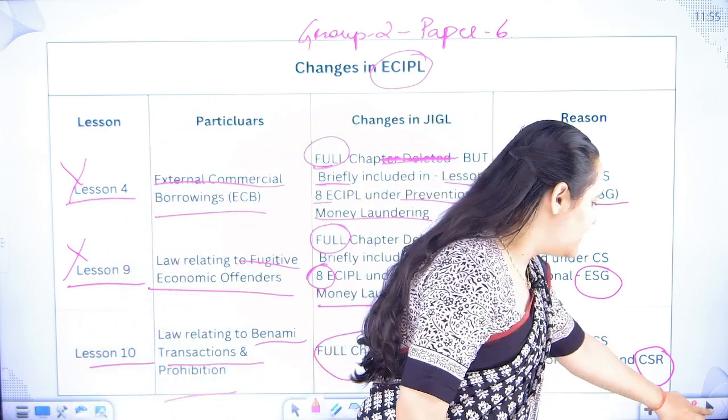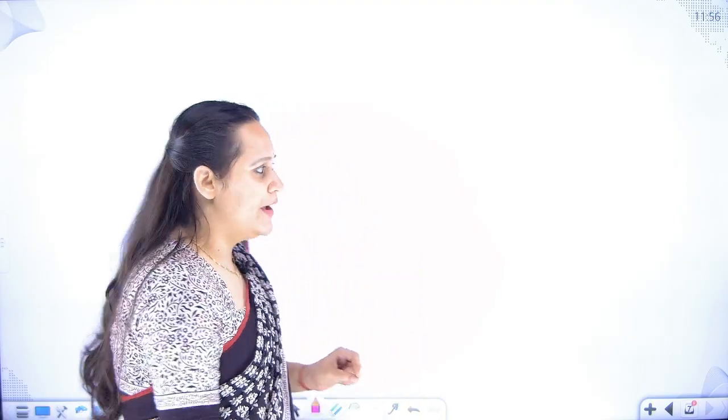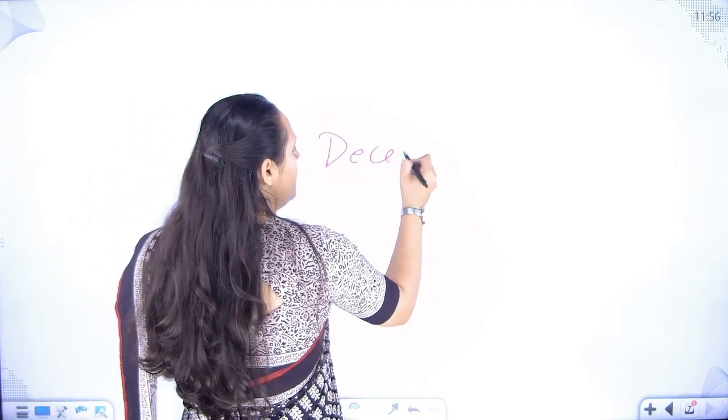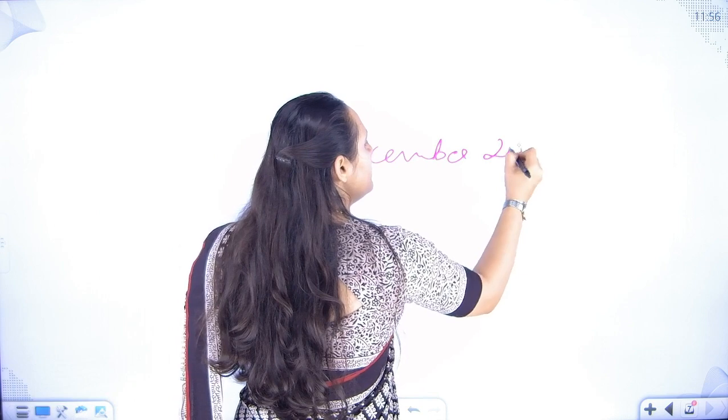Now, understanding the reason. Firstly, understand the good faith of the institute. They don't want to burden the students by studying the same concept both at executive level and professional level. So they've just reduced the syllabus at one level so that you can prepare well for the remaining chapters that are a part of your syllabus. Next question that comes is, why is this notification issued with immediate effect for the applicability of the December 2025 exam?